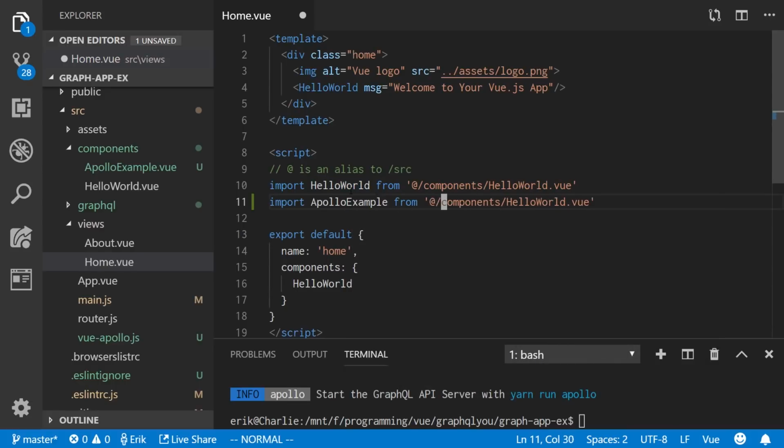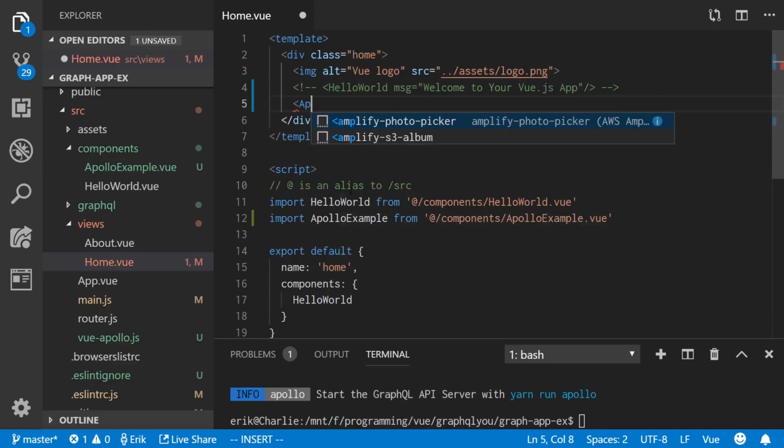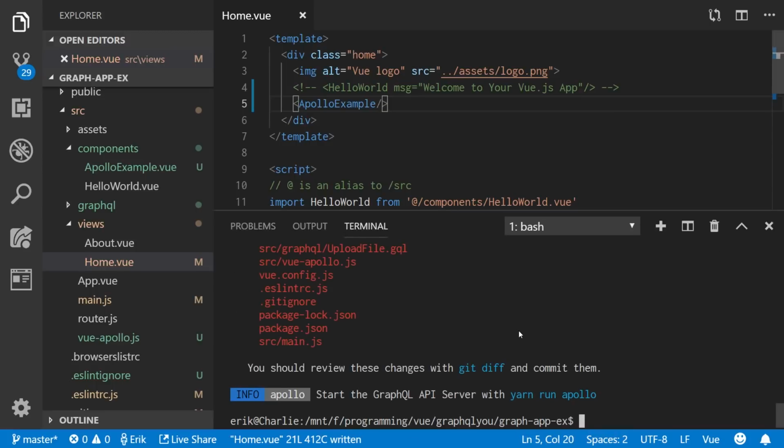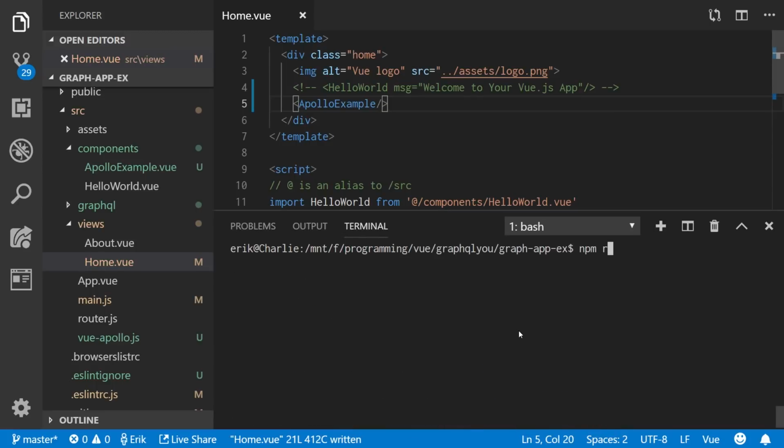And then we'll start grabbing the hello world. We'll grab the hello Apollo example instead. And then up here, I'll just change this and we'll add the Apollo example instead. So now we have that all updated, so we can now run our server. So we'll run npm run serve,